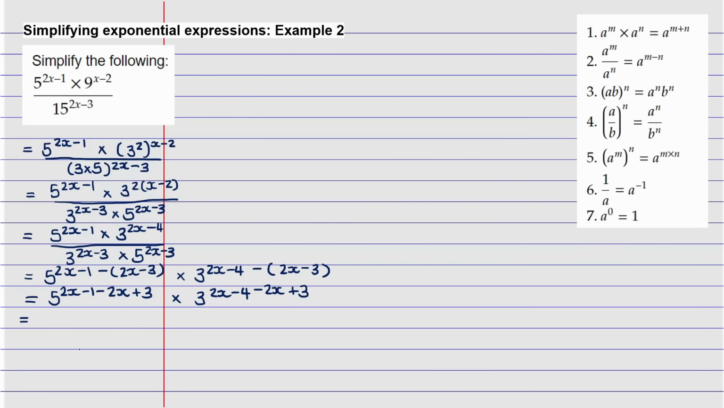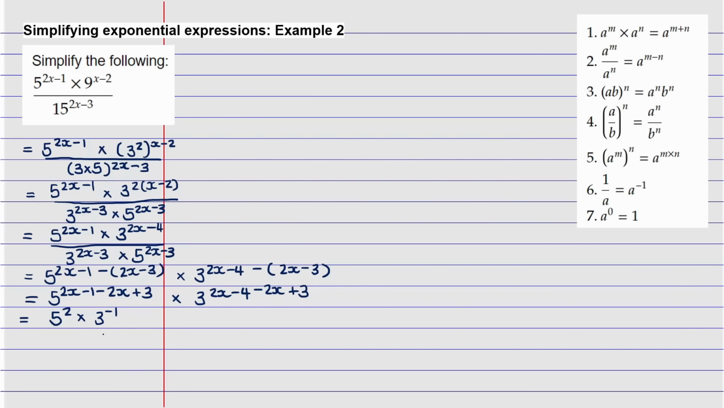So let's group like terms. We see that we have 2x and negative 2x, that's going to give us 0. And negative 1 plus 3 is going to give me 2. So this is going to be the same as 5 to the power 2. Then this is multiplied by 3, where 2x and negative 2x give us 0. But negative 4 plus 3 is going to give us what? Negative 1. So this is the same as 3 to the power